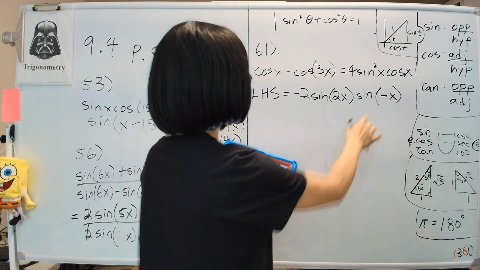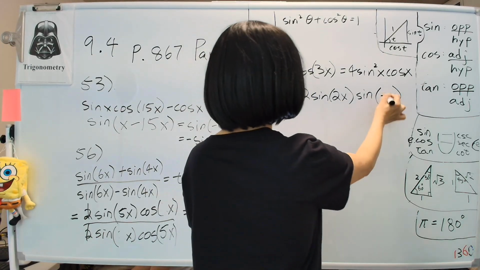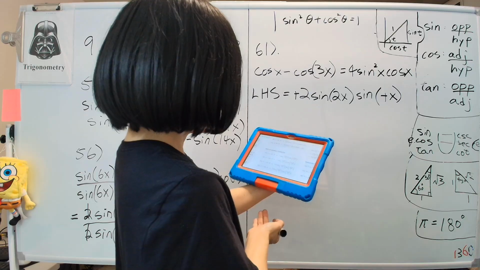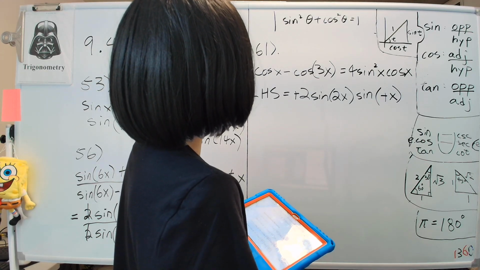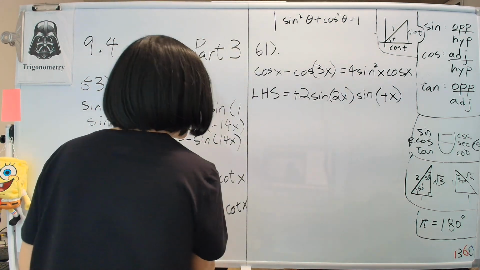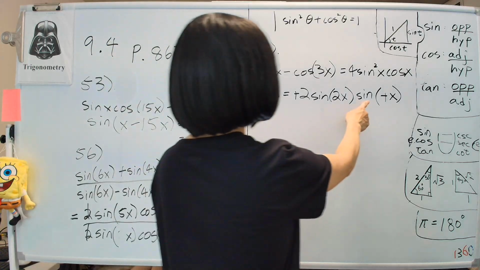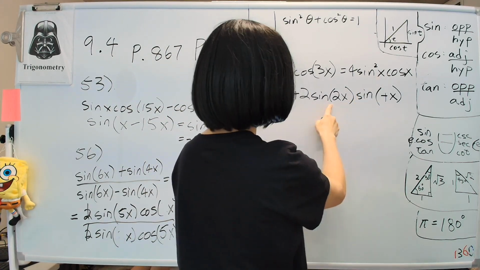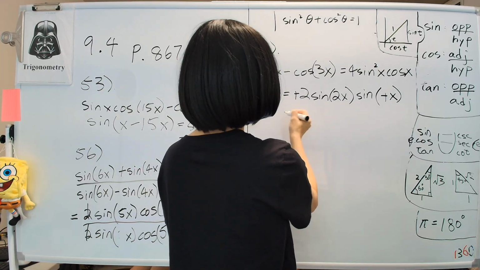And then, of course, the minus sign comes out over here. It cancels out with this one, so we'll keep it as a plus. Okay, is that right? All right, so we have 2 sine 2x and then sine x. That doesn't look like that, though, so we need to work on it a little more. We have a sine x right here, but that has another one. But there's nothing about sine 2x. So let's do something to this thing. So that equals 2 times